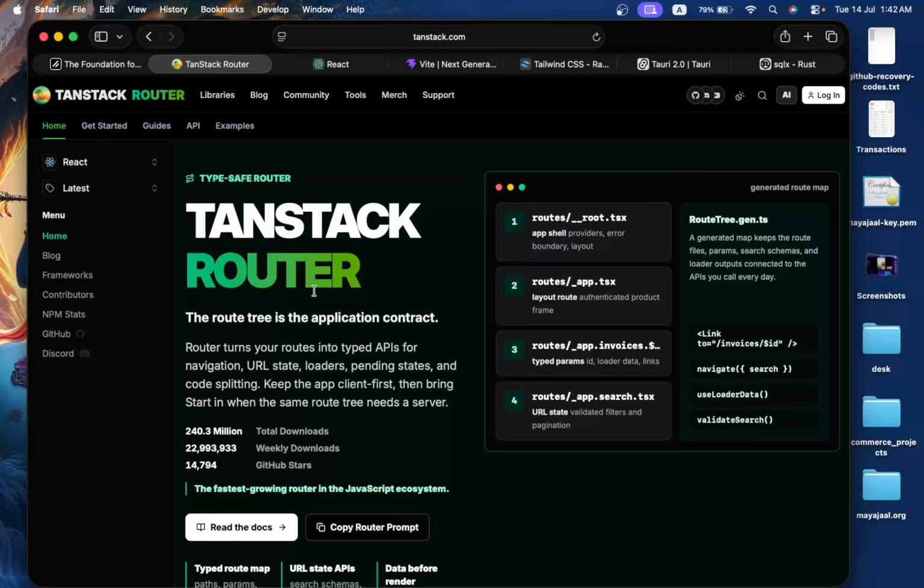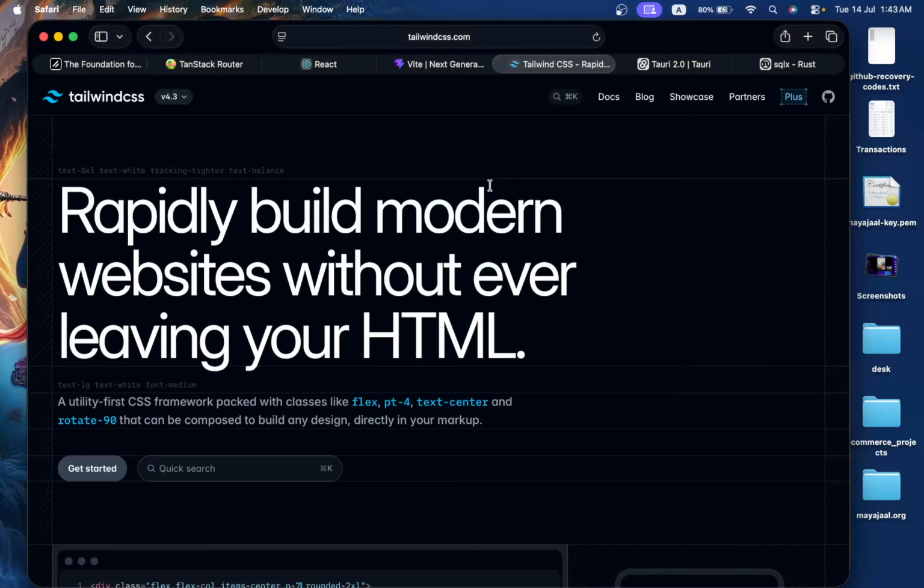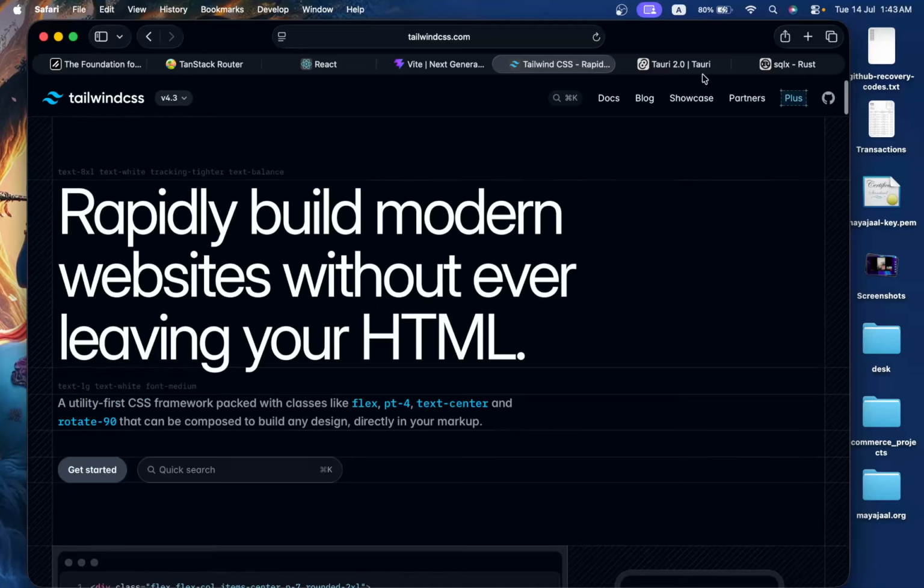There is a 95% chance we're not going to use that thing. We will use React, Vite 8, and if you don't know how to migrate from Vite 7 to 8, then probably this video is for you, because we are going to install and use Vite 8 with React Compiler and Babel. We'll use TailwindCSS and